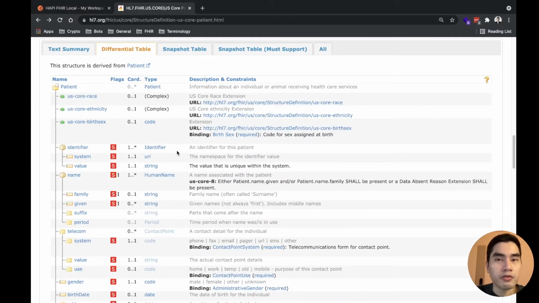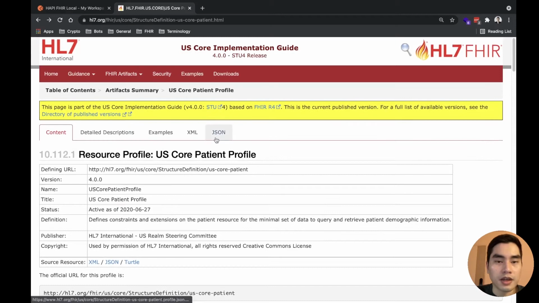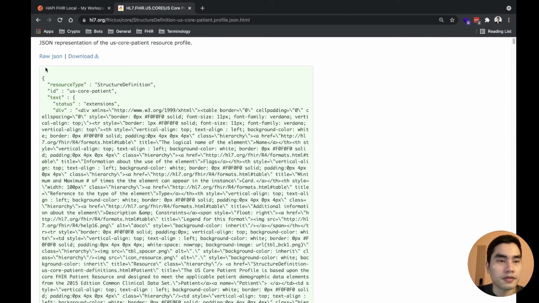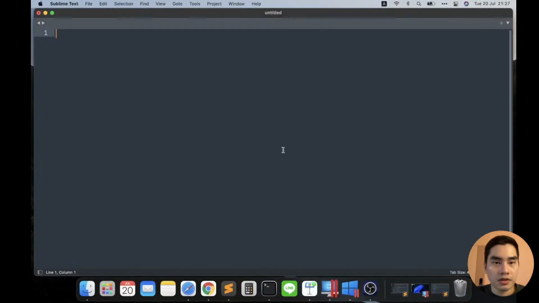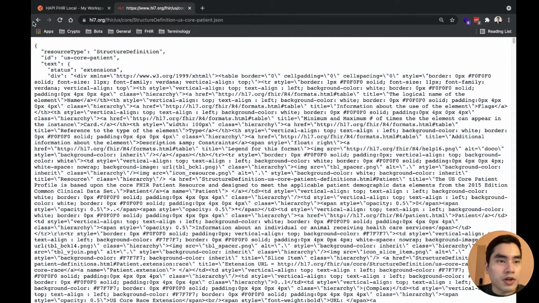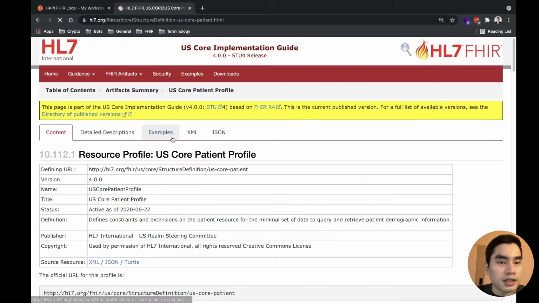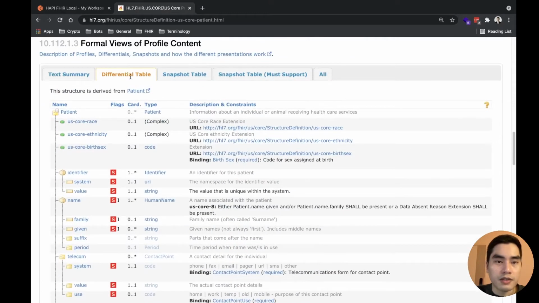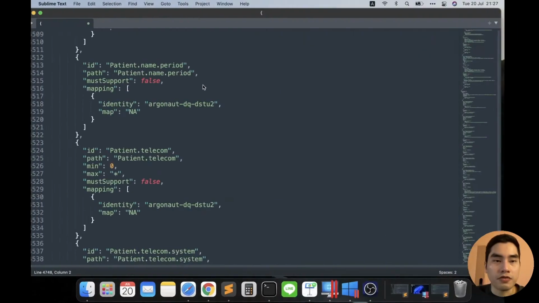If you remember, even the base resource was defined with StructureDefinition, right? And the extension is also defined with StructureDefinition. And here as well, a profile is also defined with StructureDefinition. Okay, I will show you here. What I want to show you is that even with this one, the differential table and the snapshot table are from the StructureDefinition.